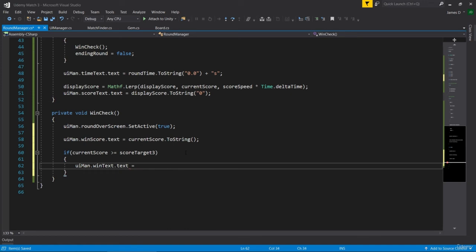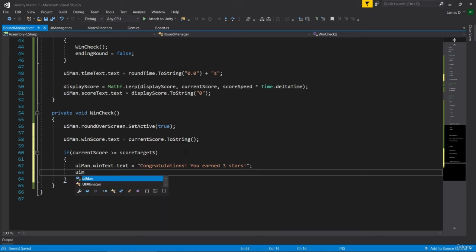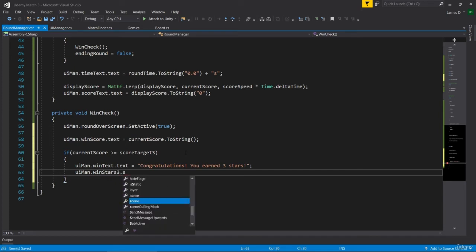wintext.text should be equal to congratulations, you earned 3 stars. Like so. And then we're going to activate the UI manager.winstars3.setActive